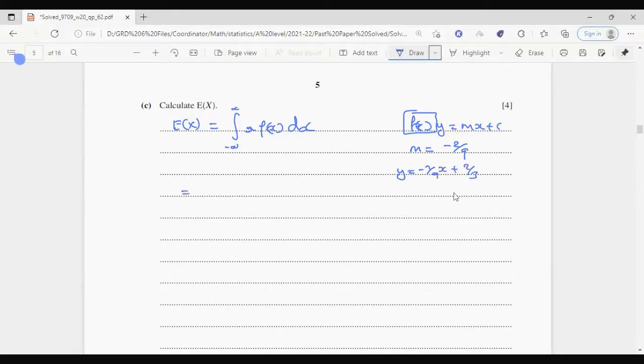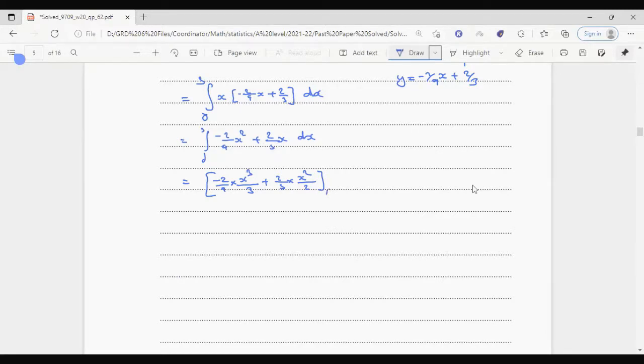So expectation of x will be integral 0 to 3 x times minus 2 by 9x plus 2 by 3 dx, which is equal to integral 0 to 3 multiplying x inside: minus 2 by 9x squared plus 2 by 3x dx, which is equal to, after integrating, minus 2 by 9 times x cubed by 3 plus 2 by 3 times x squared by 2, between the limit